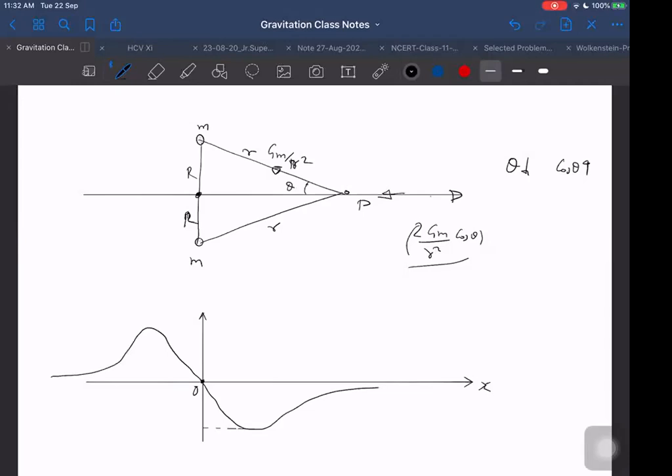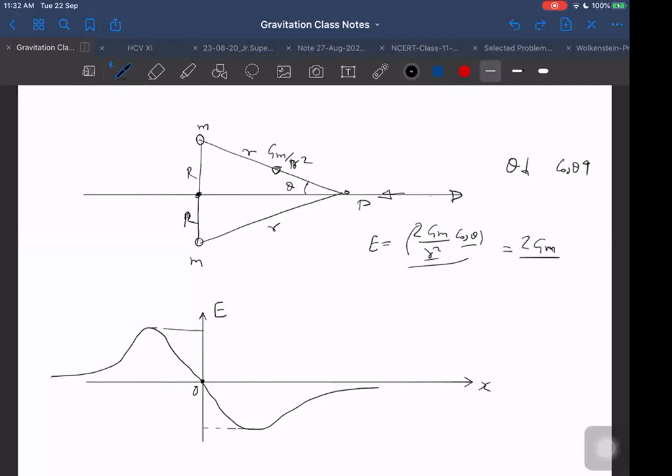Where is it attaining maximum and what is that maximum value? That is the question you can answer by differentiating. But when we differentiate, our expression should preferably be in terms of one variable only. Then it will be easier to differentiate. Easier will be if I write small r in terms of capital R.